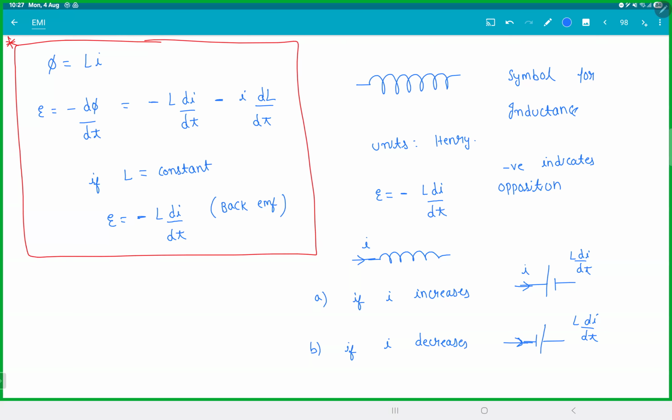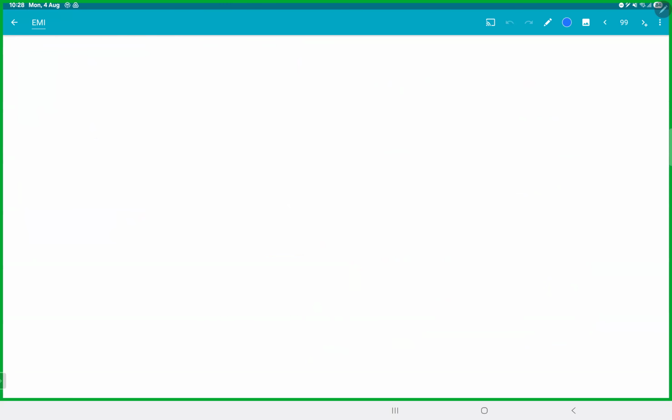There, that is your second formula. First one is flux is equal to Li. Second is E is equal to minus d phi by dt, so you get minus L di by dt. So just like in capacitors, we have the parallel plate capacitor. That is our most standard shape. In inductors, the most common shape is the solenoid. You can have other shapes also, but